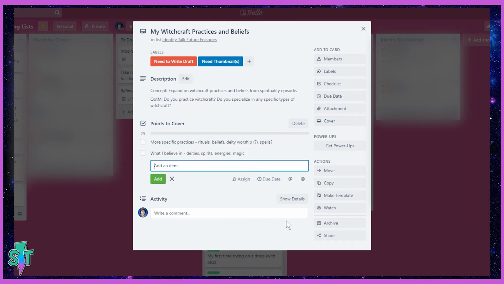I guess that's where I'm going to leave that, because sometimes I will go more specific on the points to cover. Sometimes I will just throw words out there and I will bring it together later. So what I believe in,